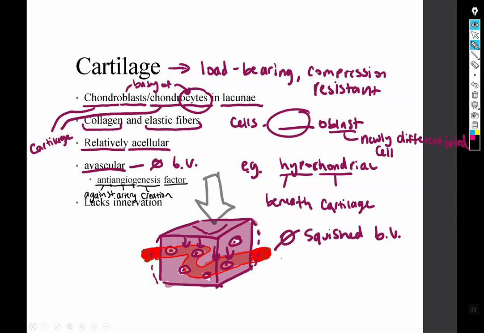So again, we can unlock new and unfamiliar words if we're just wise about how we learn and use our root words. Okay, so anti-angiogenesis factor means don't grow arteries, exclamation point. And then it also lacks innervation, because again, if we're going to be routinely squishing this tissue,